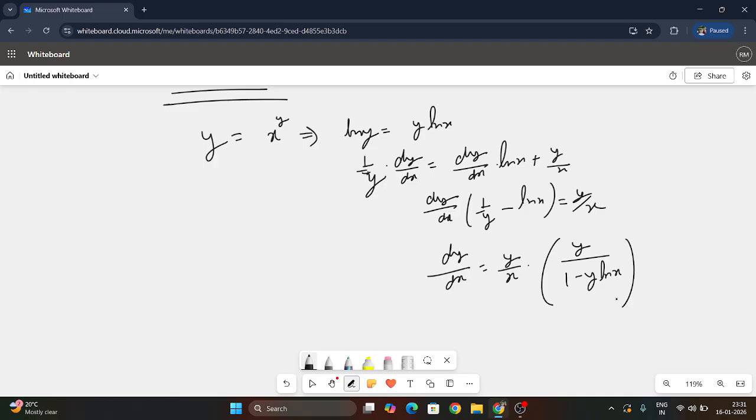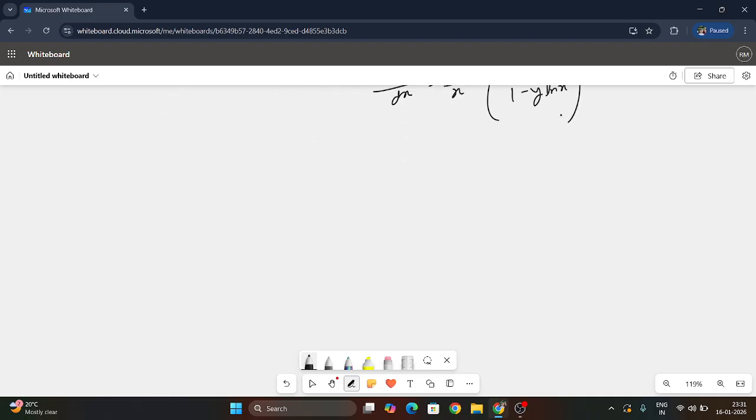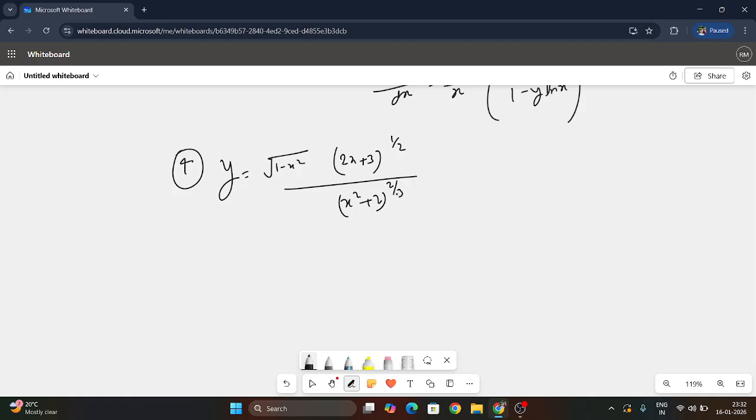Okay, so the question I'm taking, let's suppose question number 4, and the question is y to the power y is equal to 1 minus x square, 2x plus 3 to the power 1 by 2 divided by x square plus 2 to the power 2 by 3, and you have to find dy by dx